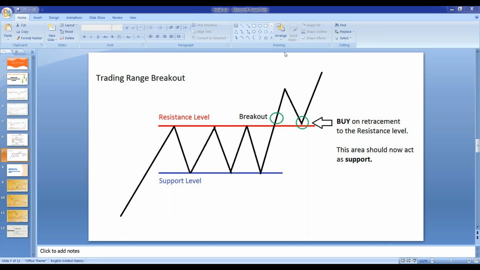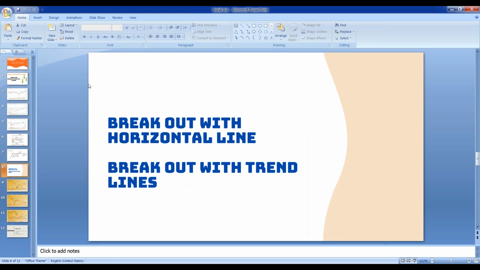Now let's talk about two more points. I will be discussing two more points, and then we will be moving forward to the breakout trading strategies, or fake out trading strategy rather. Whenever we draw a resistance, generally a retail trader, or those who are very new to the market, will be drawing the resistance everywhere.